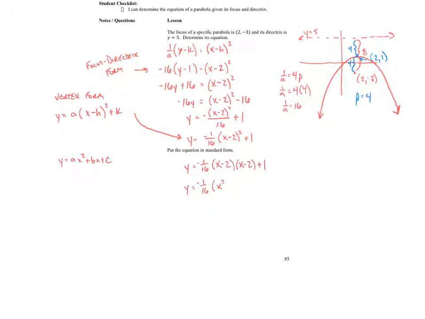So I would have x squared minus 4x plus 4 plus 1. Remember to keep this all in parentheses because this negative 1/16 is only being multiplied by all this, not also the 1. So you can't add the 1 just yet. Then you can distribute the negative 1/16. So we have negative 1/16 x squared plus 4/16 x minus 4/16 plus 1. So we should reduce those fractions, and it'll end up looking like this. 4/16 is the same as 1/4